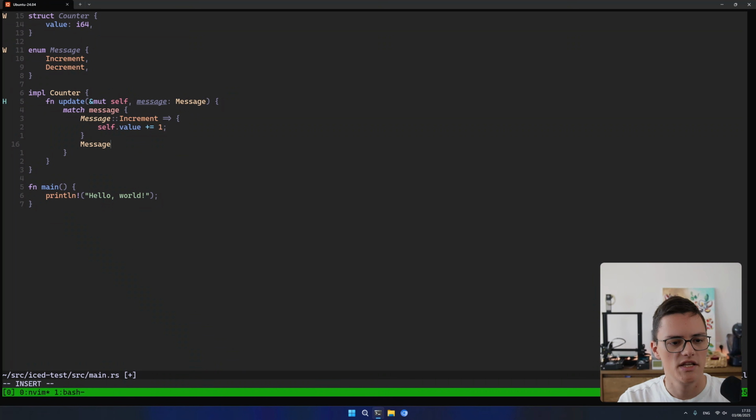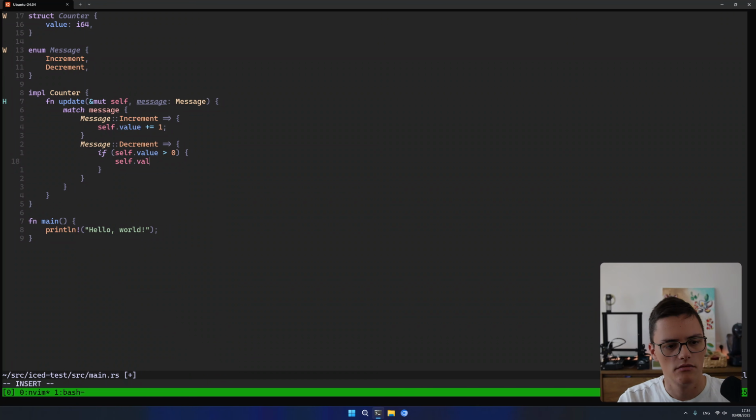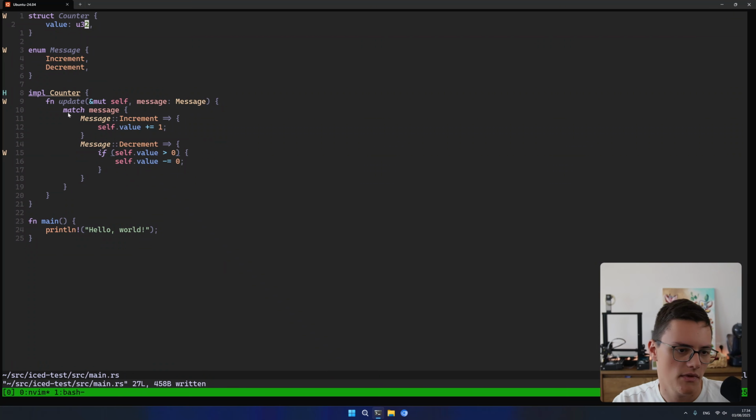We have message decrement. Here I'll check if self value is more than 0, then I will decrement it. And I'll change this to unsigned 32. I want my counter to stop at 0, basically. Is there something else we're missing? So yeah, that